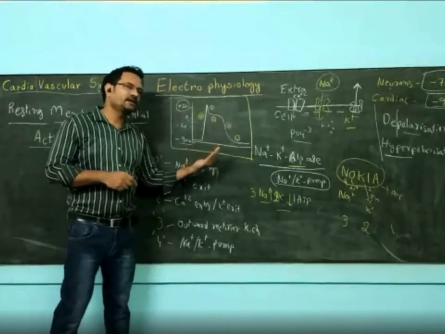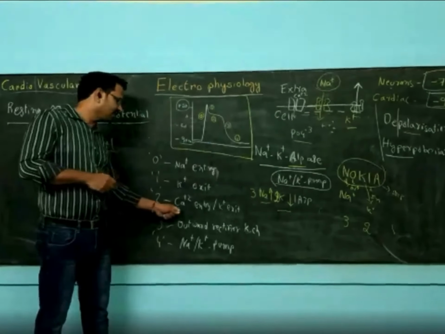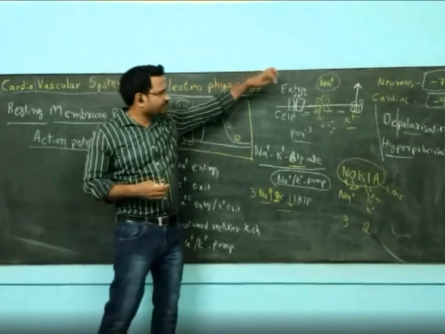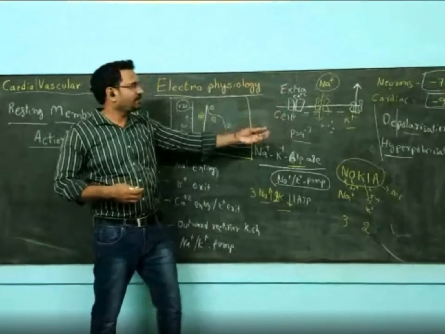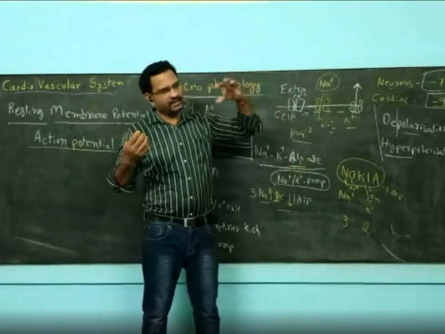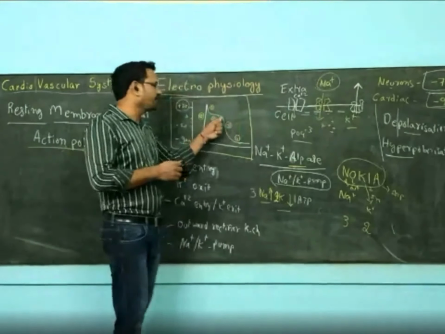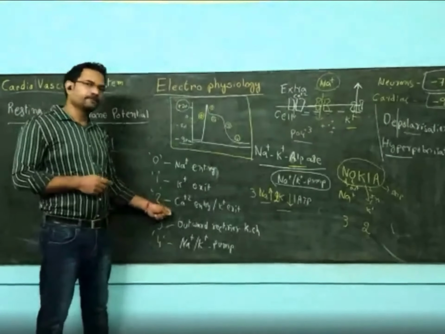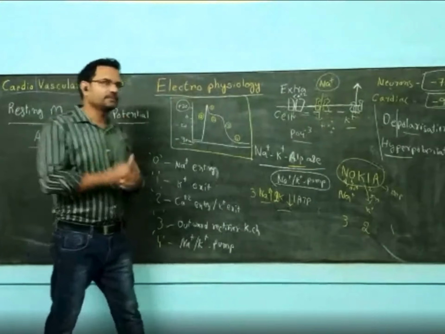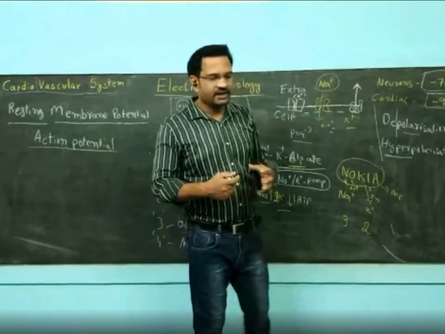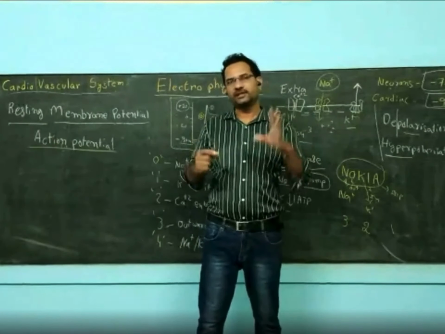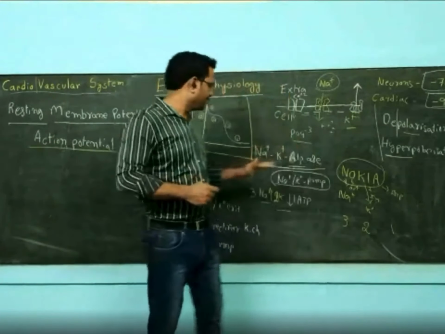Why is it becoming a flat line? Because of the voltage change, voltage-gated calcium channels open. When the voltage-gated calcium channel is open, calcium gets inside the cell. At the same time, potassium is still going out. Because a positive ion is going out and positively charged calcium is coming inside, the voltage change will not be very much. This is an important step. Why? Because calcium is coming inside the cardiac cells. All the cardiac cells will utilize the calcium. Actin-myosin combination occurs. That is what results in cardiac contractions.